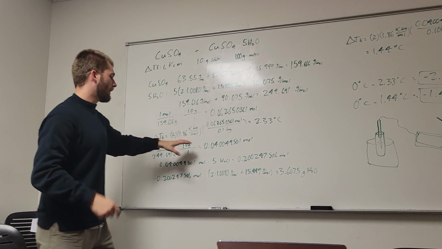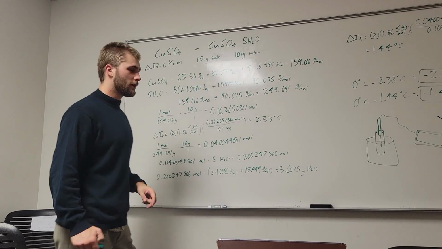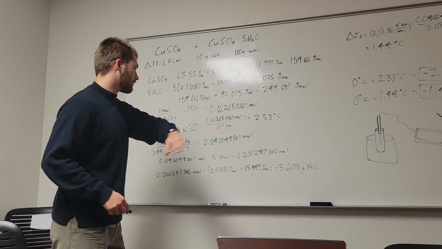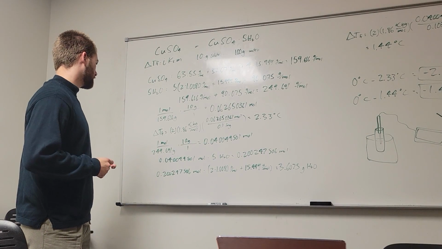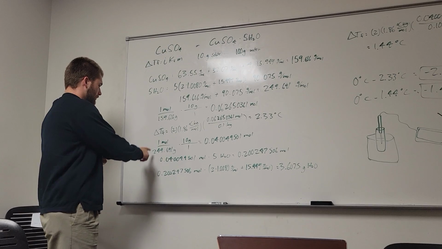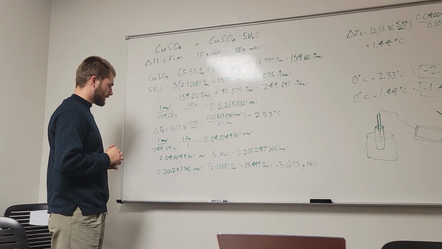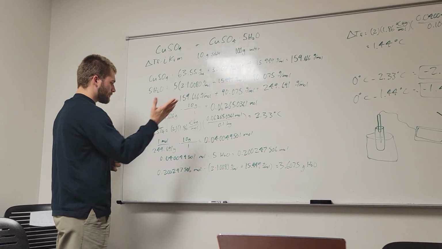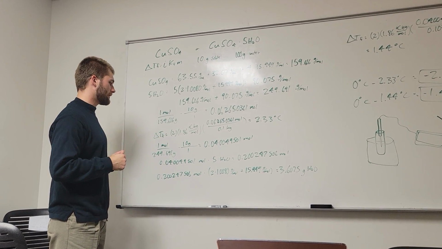Okay, where are we? So we got the moles of copper sulfate divided by the 0.1 kilograms of solvent. Okay, times that across, we get 2.33 degrees Celsius for the change in freezing point. Now we're going to do the same thing for the other compound here. So we have the molecular weight, 1 mole per 249.691 grams times the 10 grams of this mystery solute, which in this case we're assuming is copper sulfate pentahydrate,